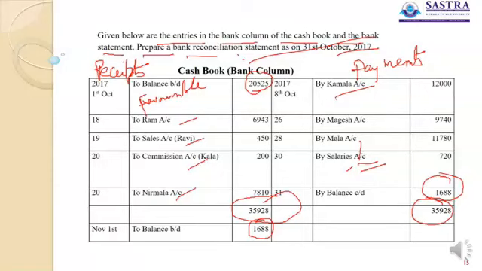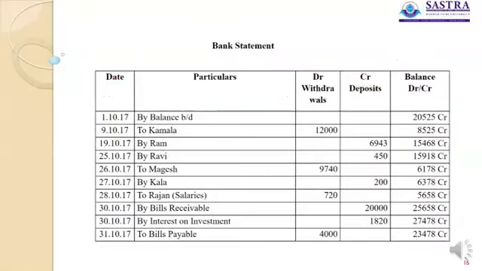Okay. It is another book, bank statement. See here, these are all withdrawals, these are all deposits. In the previous page, we have seen the cash book, and we learnt that in the cash book the debit side is receipts and the credit side payments. Whereas in bank statement, the debit side is withdrawals and the credit side deposits. Go to the balance, debit and credit.